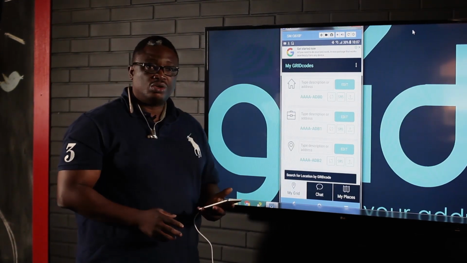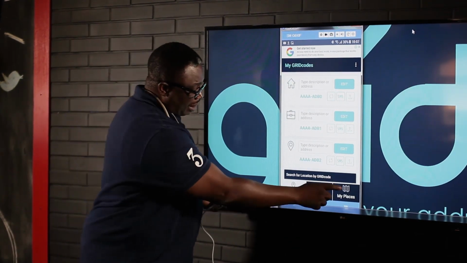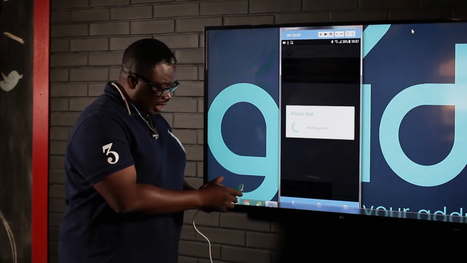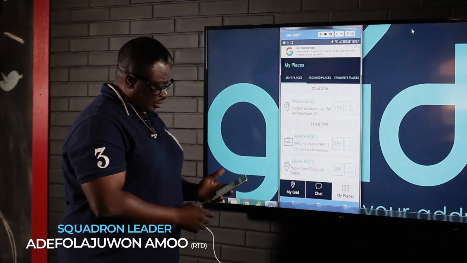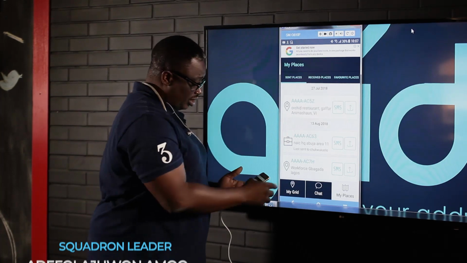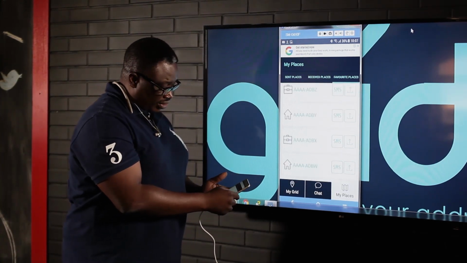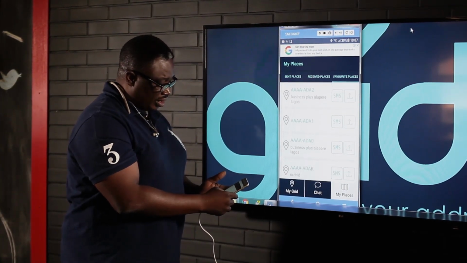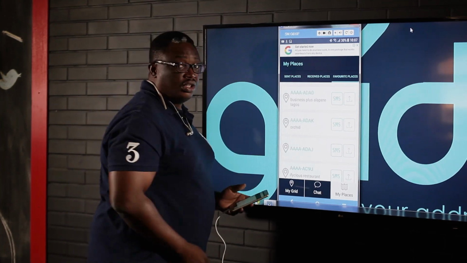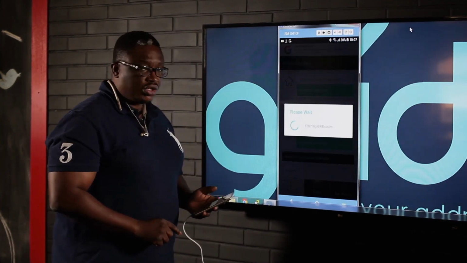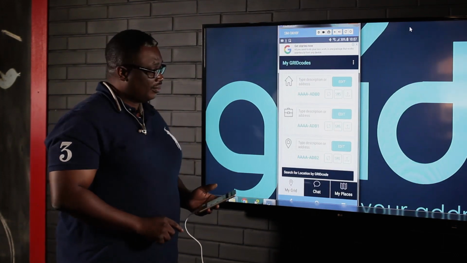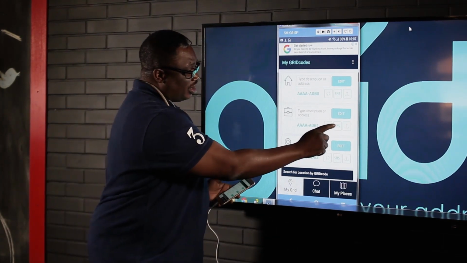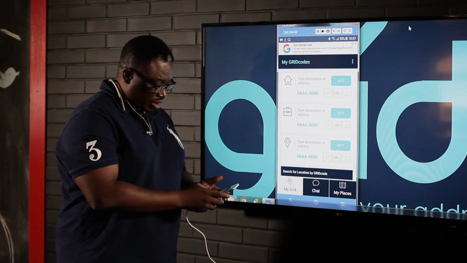Once you have the code, if you go to my places, any codes, my places, favorites, any code you've ever generated is stored here and you can send it to anyone. So how do you share your grid codes from within the app? All you have to do is hit the SMS button. When you hit the SMS button,